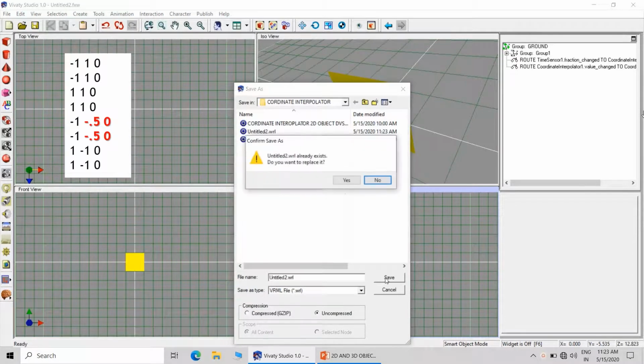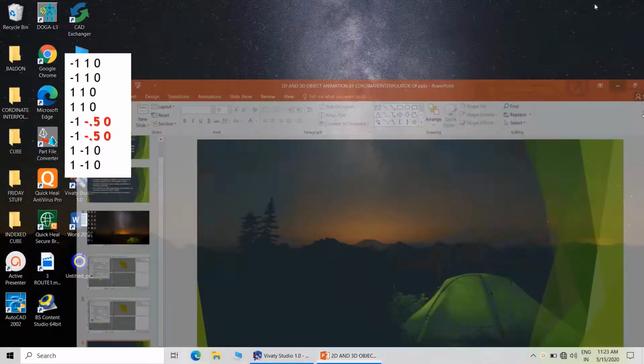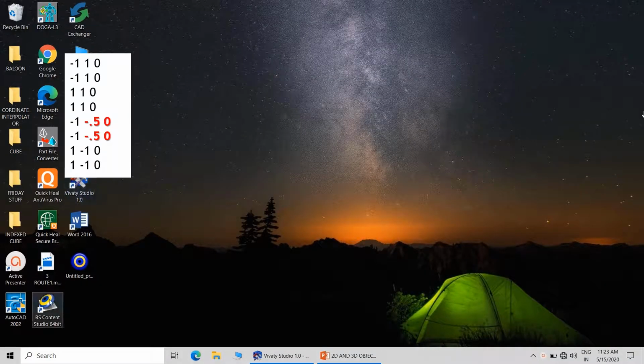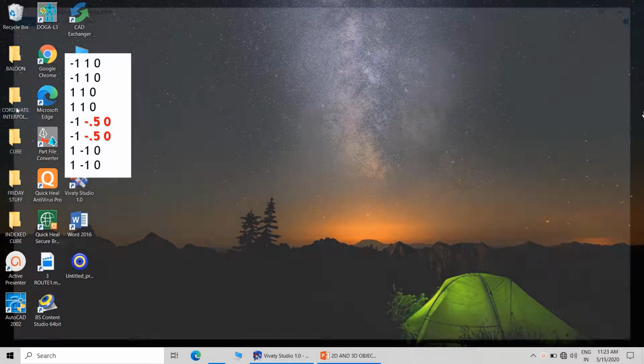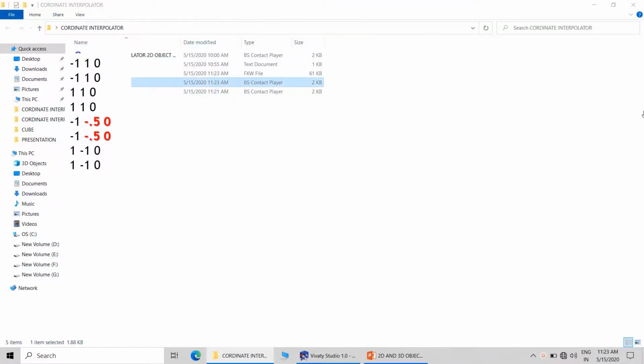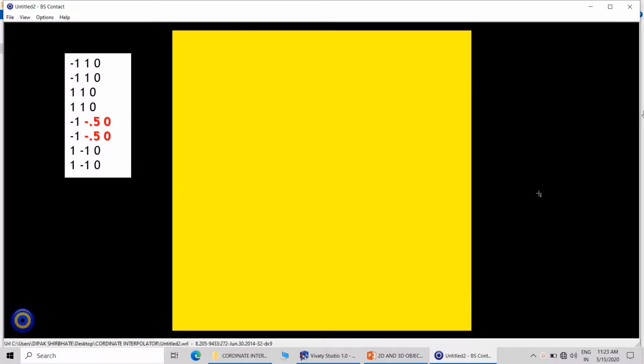Now again we will export this particular file, and then we will check the output, the required output. This is the required output.